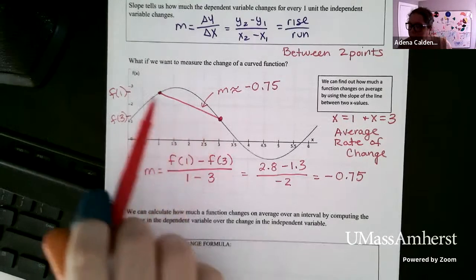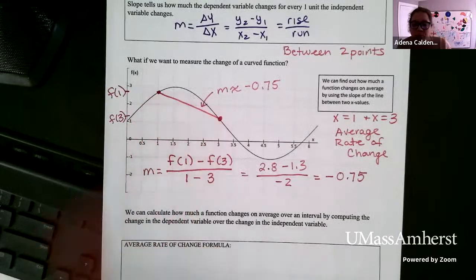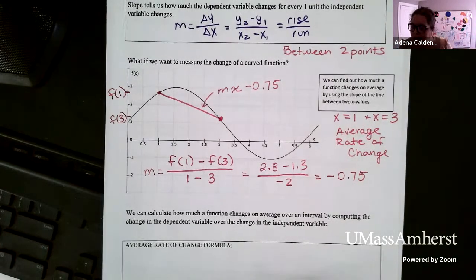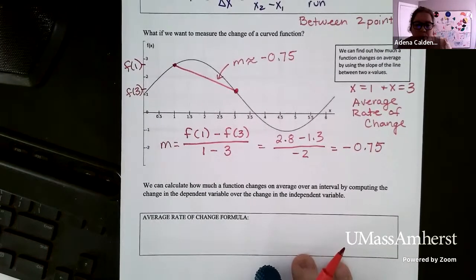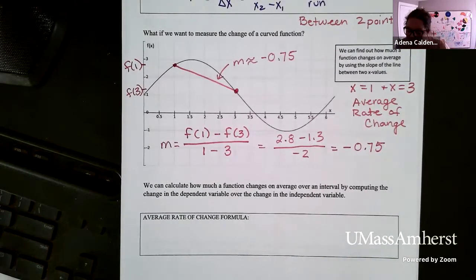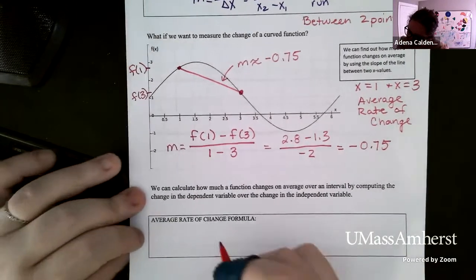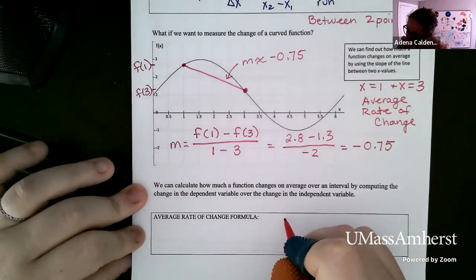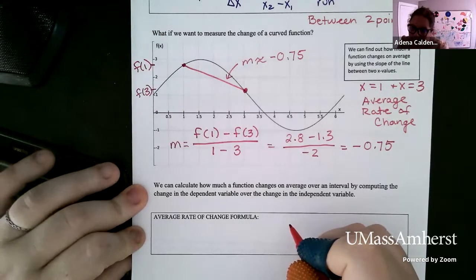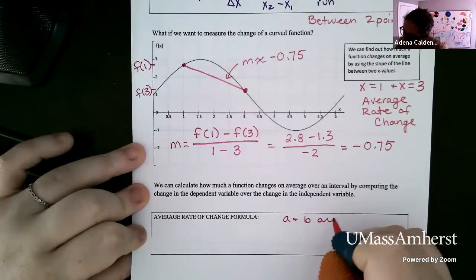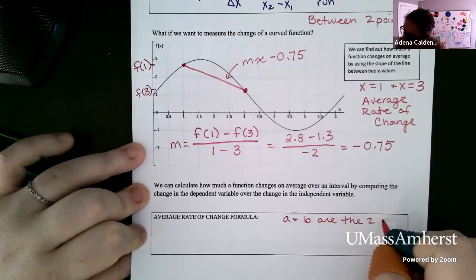So this is how we're going to approximate the rate of change for now, right? The first goal is to fit in what we know how to do, and then later we'll try to make it better, okay? So this process, like I said, we're finding the average rate of change. So the general formula to write this that we'll use is that we are going to be using A and B as our generic points that we're looking between. So A and B are the 2 points